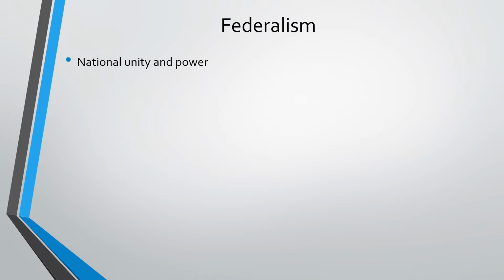Now, federalism, we are talking about national unity and power. So the federalism part of the Constitution is what sets this apart from the Articles of Confederation, where the states competed against each other. Now, Article 4 establishes reciprocity between the states. That means that each state must give full faith and credit to the official acts of other states and guarantee the citizens of any state the privileges and immunities